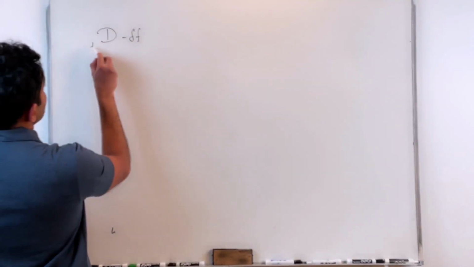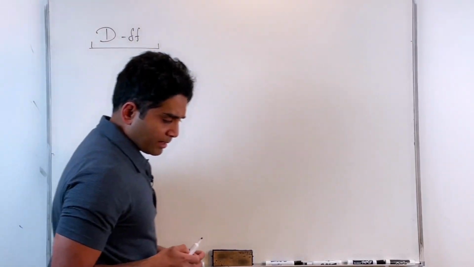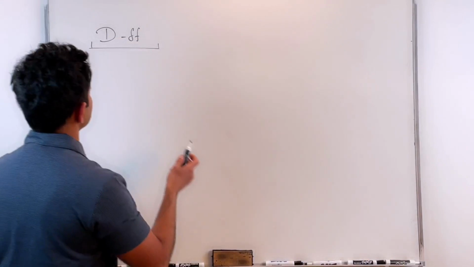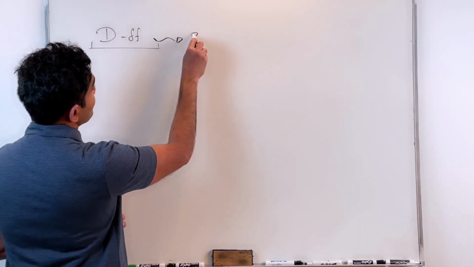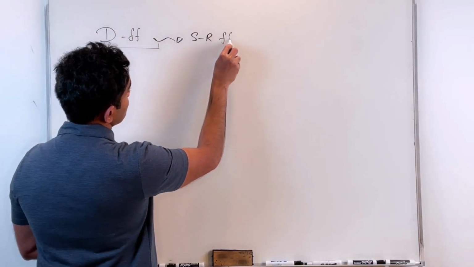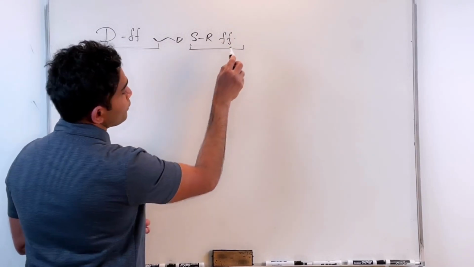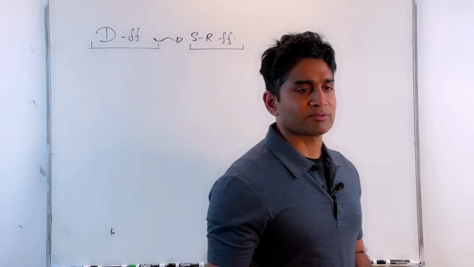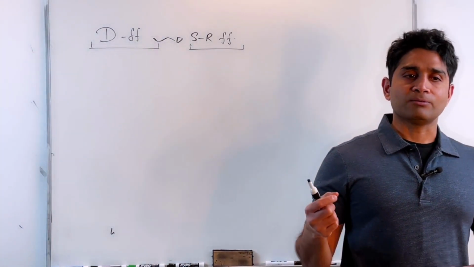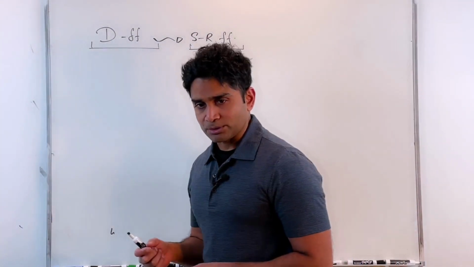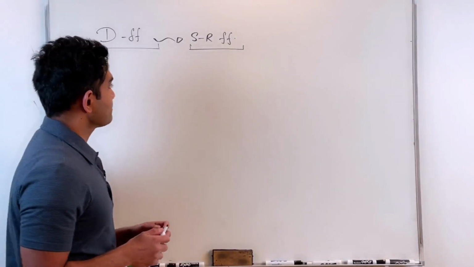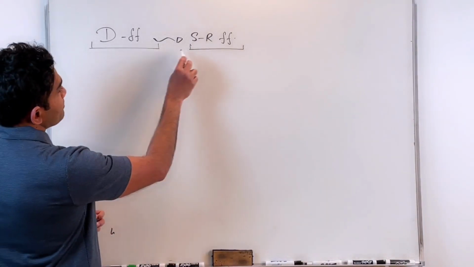So the D flip-flop. What is the D flip-flop? Again, that was derived from an SR flip-flop, right? A flip-flop is nothing but a clocked latch. So if you clock an SR latch, that becomes a flip-flop, and we apply the clock at the enable input. All right, so D flip-flop, SR flip-flop,